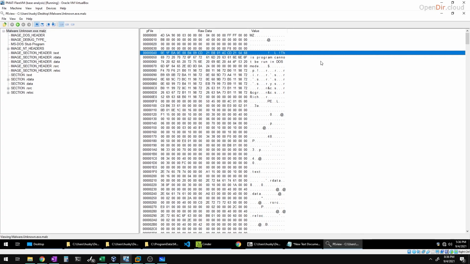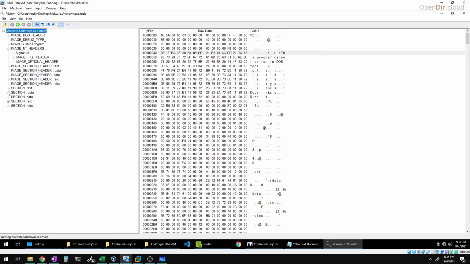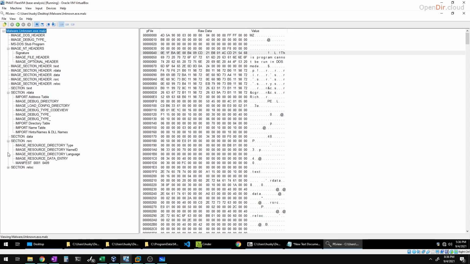Now, I'm not going to go through the whole anatomy of a PE. That's kind of outside of the scope of this course. But what I want to get across is that all of these programs follow a very, very particular format. And so something like PE view was constructed to tear apart this format and look at all of the different sections,